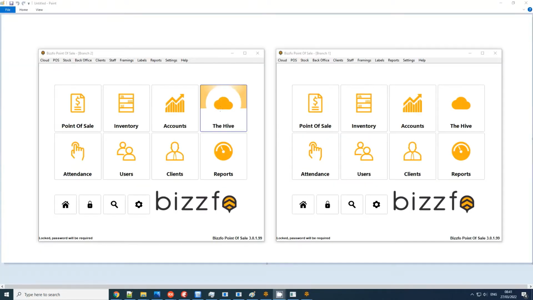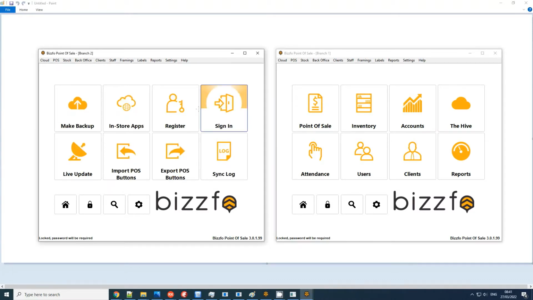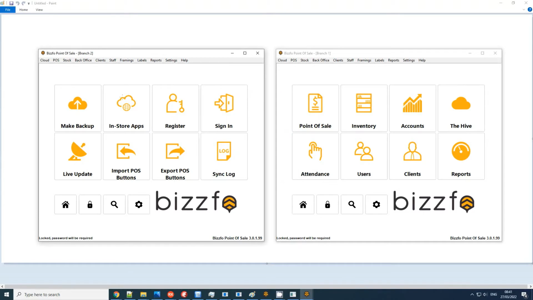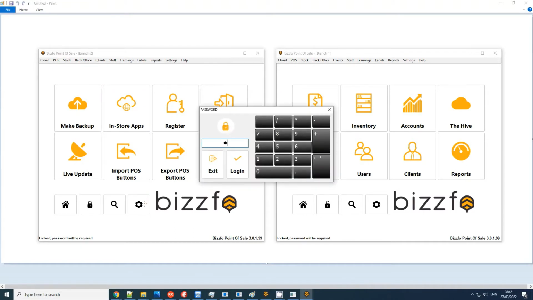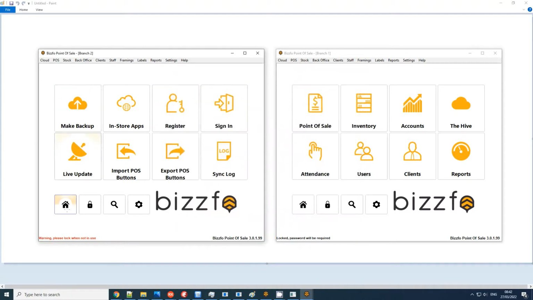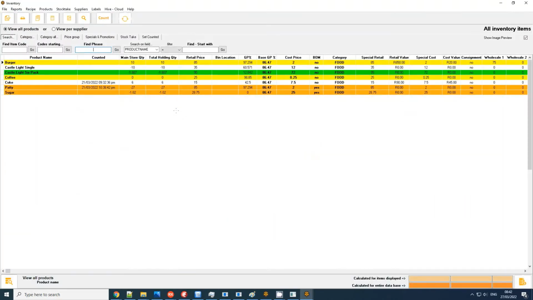So remember your basic things. First off, just make sure you sign in. So I have signed in already. You can see at the top it's stating branch 2. So clicking on the program options, we can see that this is branch 2. And let's just see what it looks like. Looking at our inventory,